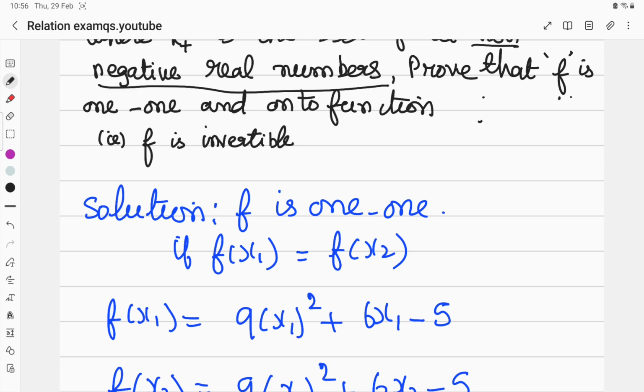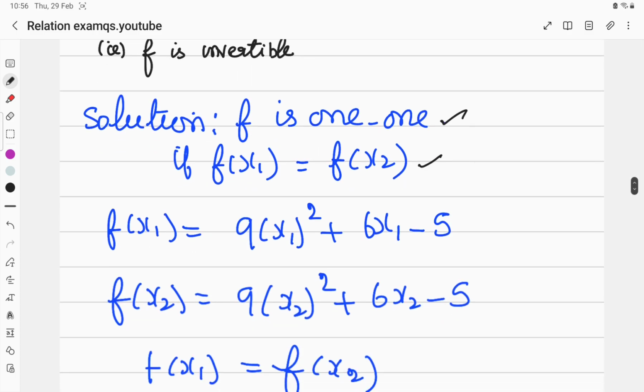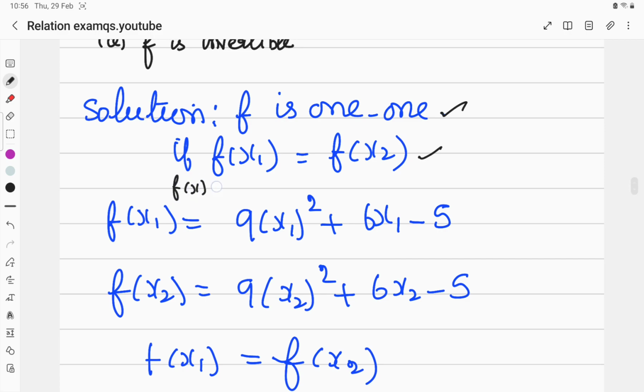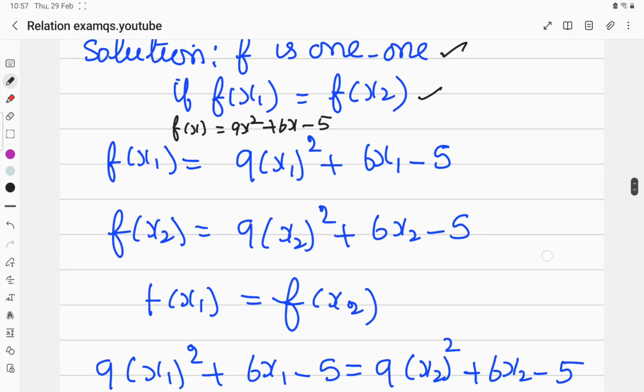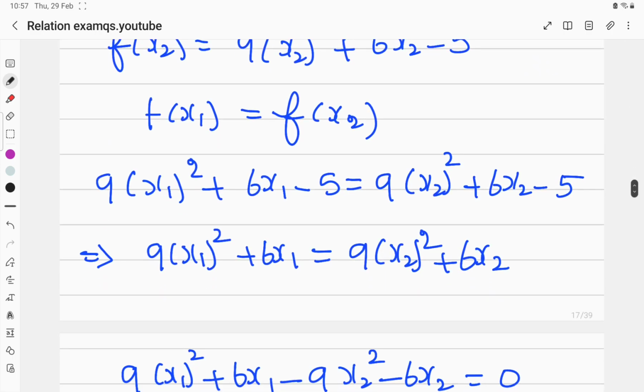Given, we have to prove that f is a one-one function, that is, f(x1) = f(x2) implies x1 = x2. Now if f(x1) = f(x2), we substitute f(x) = 9x² + 6x - 5. Therefore, f(x1) = 9(x1)² + 6x1 - 5 and f(x2) = 9(x2)² + 6x2 - 5. Since f(x1) = f(x2), comparing both sides,